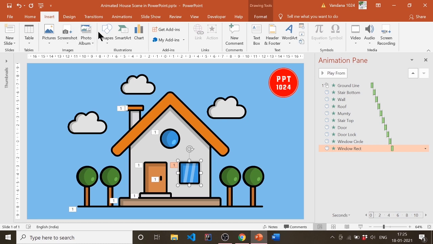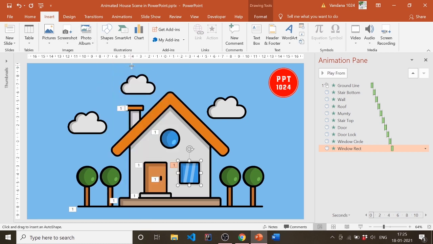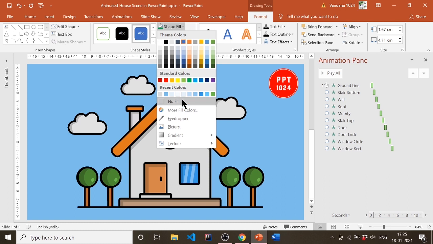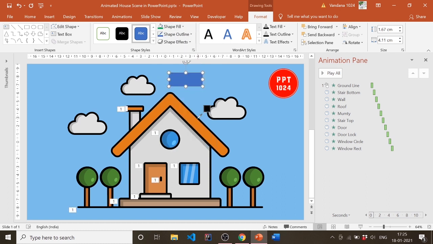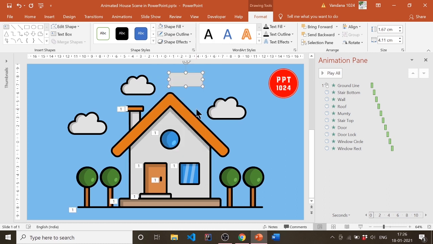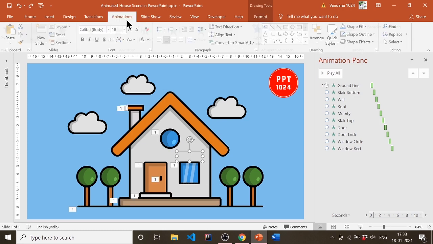Now when it comes, some blurriness effect at the top of the window is seen. I don't want this effect, so I will hide the blurriness using a rectangle. Fill the rectangle with the same color of the wall and place it like this. And the blurriness is not visible now.